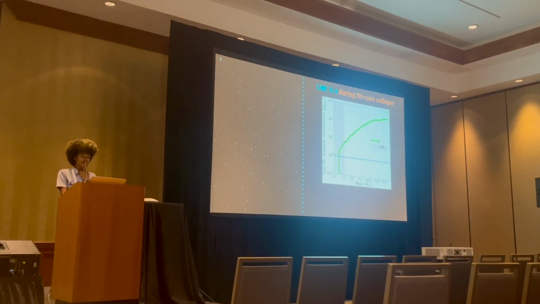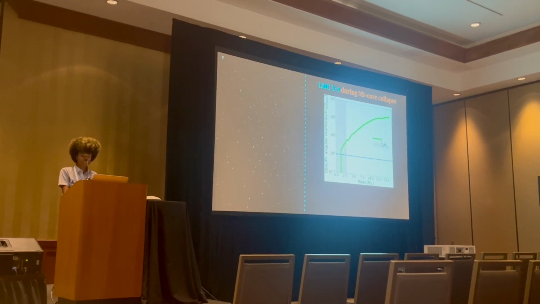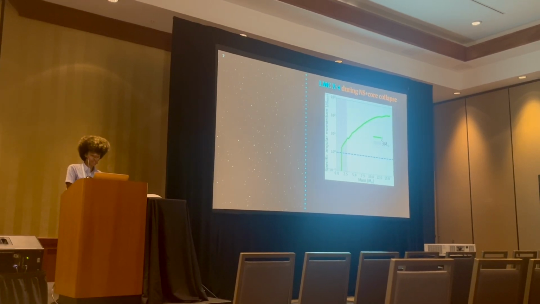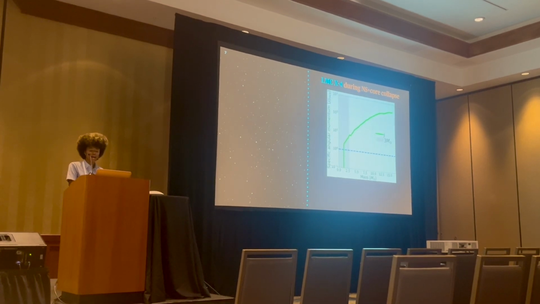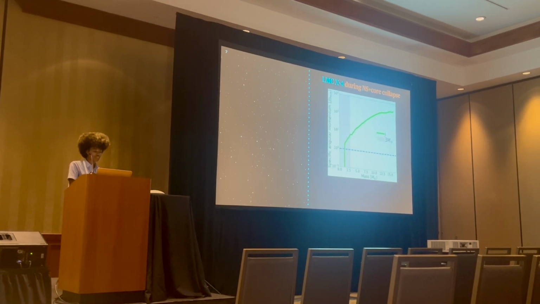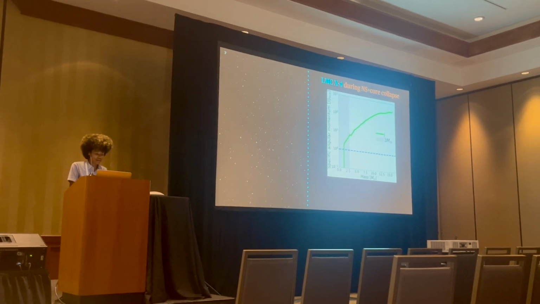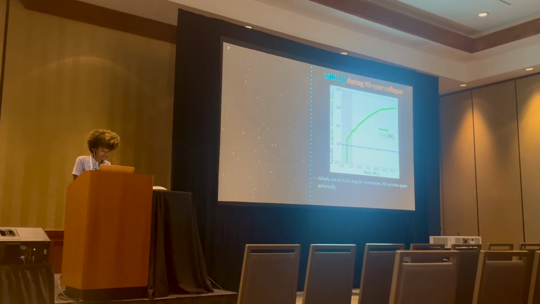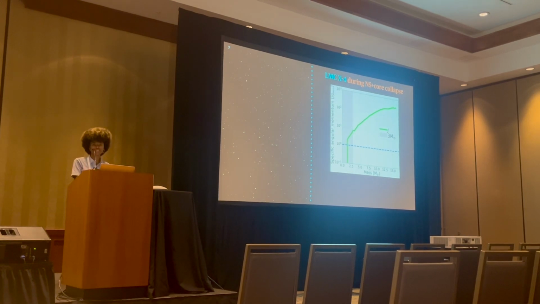So the goal of this plot is to show the formation of the accretion disk at the end of the simulation. So specific angular momentum is on the y-axis and then mass on the x-axis. And the blue dotted line represents the specific angular momentum required for disk formation around the neutron star. And as you can see, the specific angular momentum is above the critical line, and this condition is satisfied at all radii.